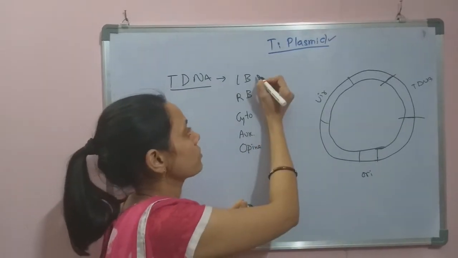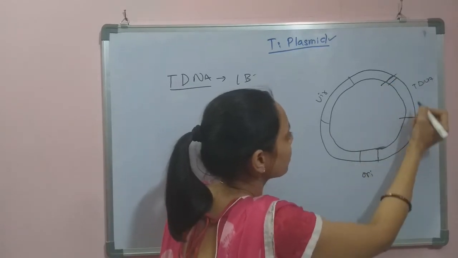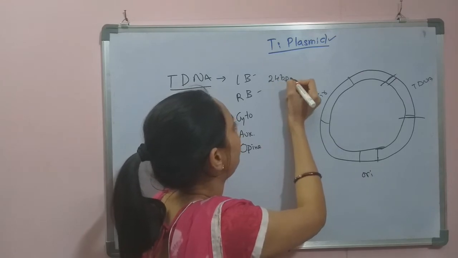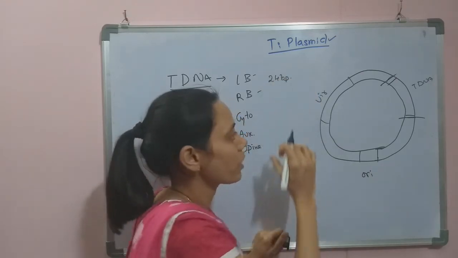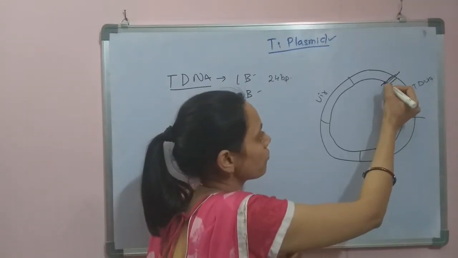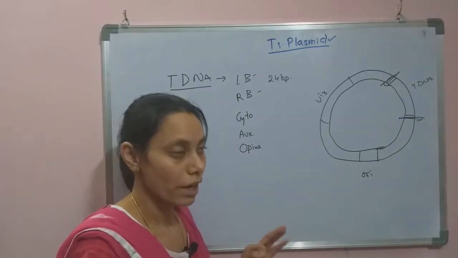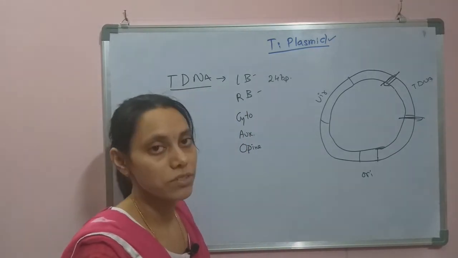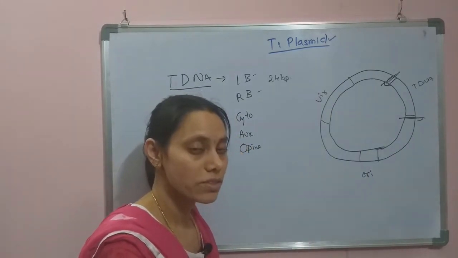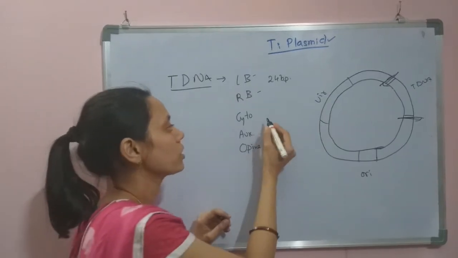The left and right borders are small sequences, only 24 base pairs, and this is the right place where the cleavage will happen. At the left border and right border, the cleavage will happen and the tDNA will be taken away and inserted inside the plant. So coming to the next gene,